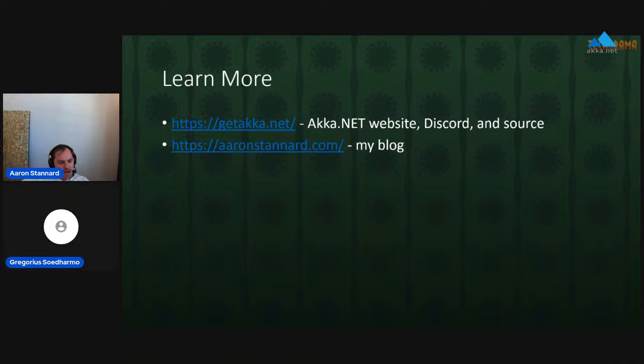All right. Go ahead, Gregorius. One thing though, you mentioned the GC system between workstation and server. I would think that the server model wouldn't really work in a cloud environment. Well, it actually works pretty well. The one area where server mode GC might have some trouble would be an environment like Kubernetes.